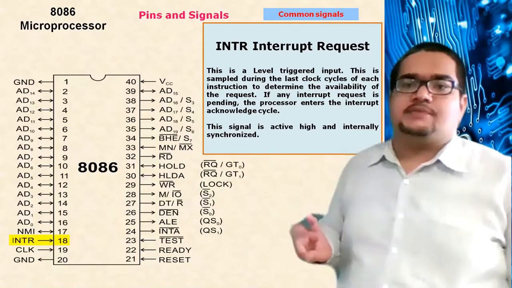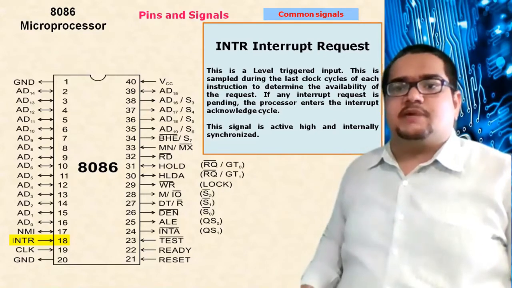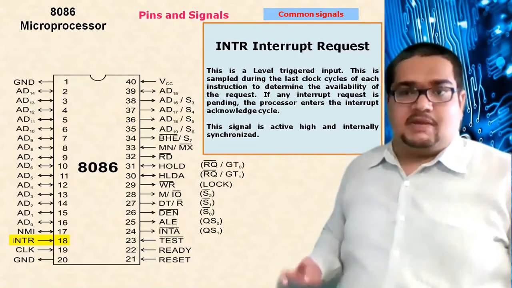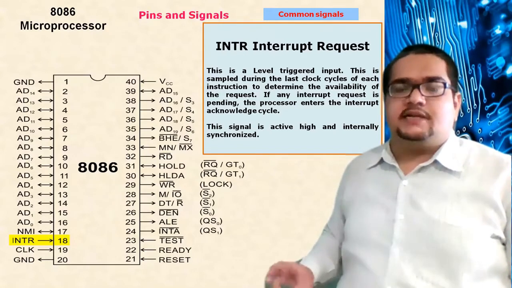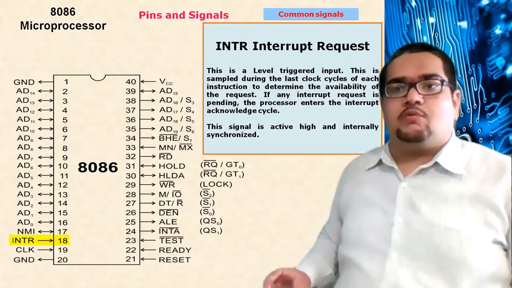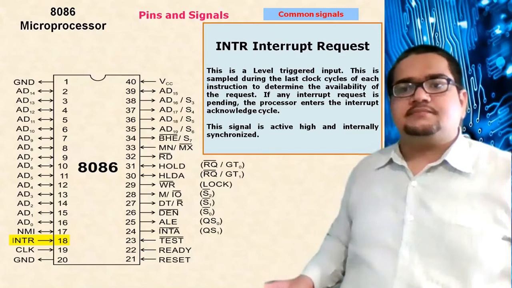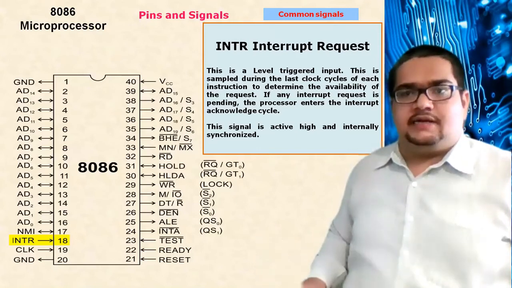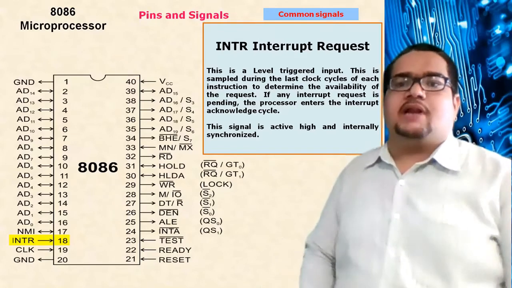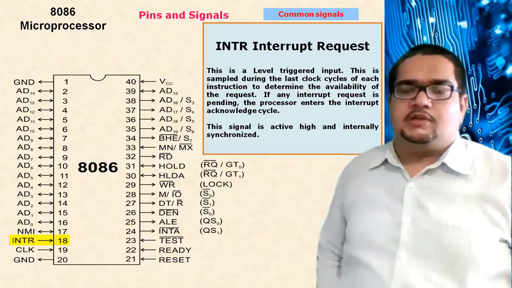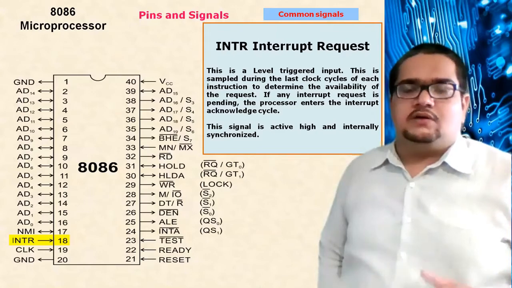But again, interrupts are of two types, maskable and non-maskable. Non-maskable interrupts definitely have to be serviced by the processor irrespective of anything. But maskable interrupts can be ignored in some cases by the 8086 processor. The request can be ignored, depending upon the status of the IF flag. So if you reset the IF flag, all the external interrupt requests on pin number 18 will be ignored, otherwise they will be serviced. About this, in the previous class I gave an analogy for maskables and non-maskables. And obviously, interrupt means a disturbance in the current work or current task.